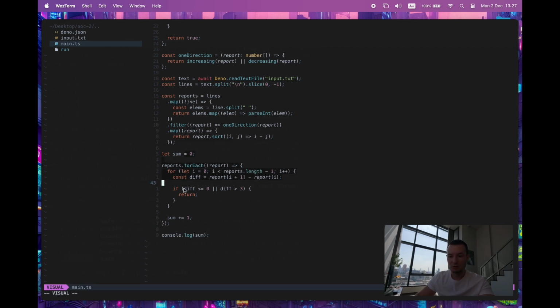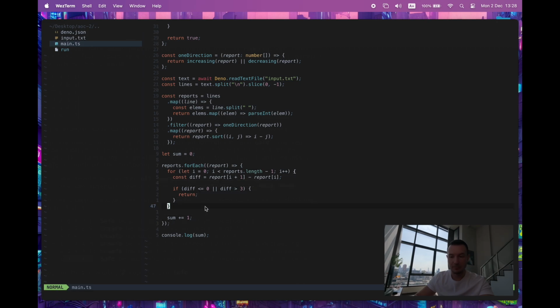So that's basically what this last bit of the code does, it just determines that, and it does it in a fairly imperative way again. We take the sum here. There are plenty of ways we could do this with reduce, but let's not make the code any more complex. So we create a sum, start at 0, we go through each report, and in the case of each report, we iterate through each of the numbers in the report, and we calculate the difference between the, in theory, higher number and the lower number. Now, after a little bit of back and forth here, we say that if the difference is less than or equal to 0, which it can't be, as these are definitely increasing numbers, or the difference is greater than 3, then just skip this entire iteration of the forEach,